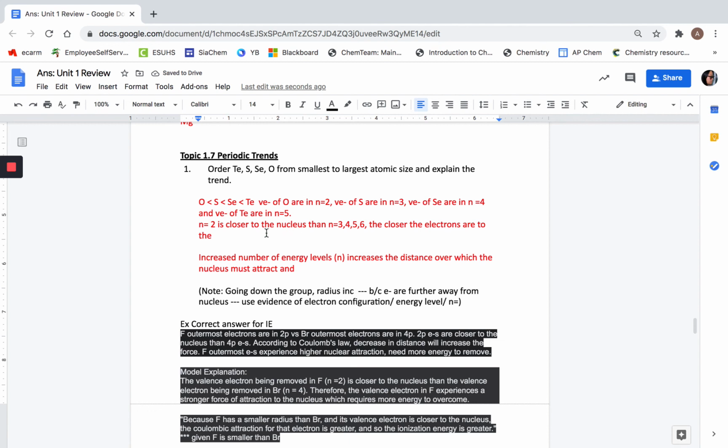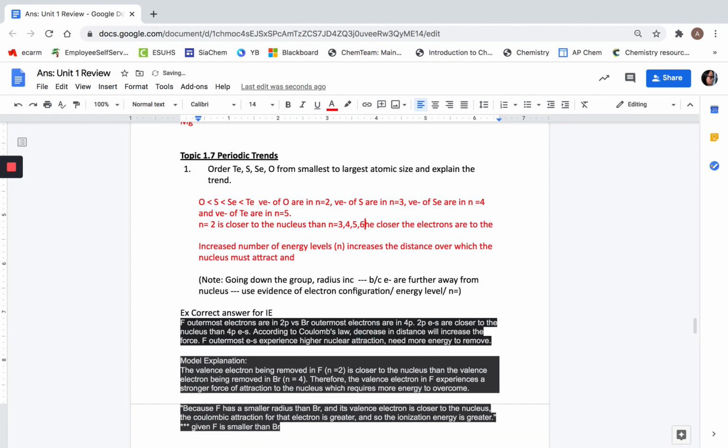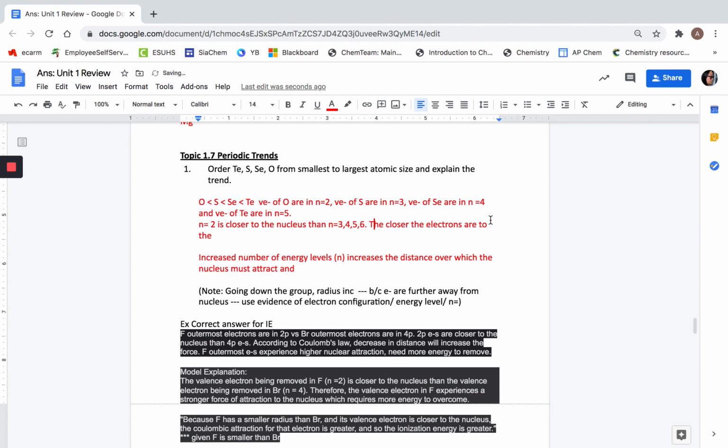So we said n equal to 2 is closer to the nucleus, then n equal to 3, 4, 5, 6. And then we can say the closer the electrons are to the nucleus,